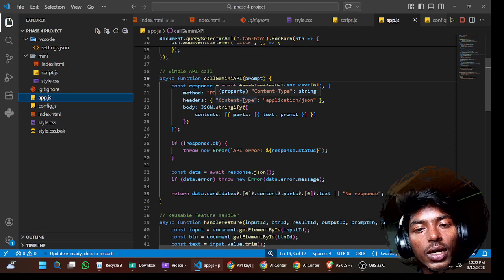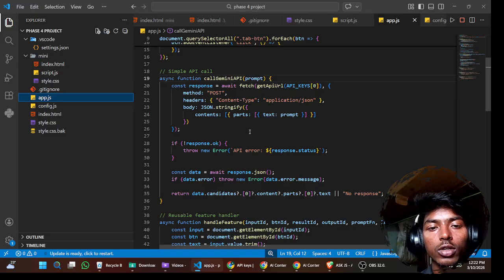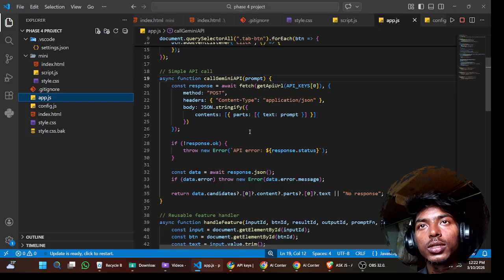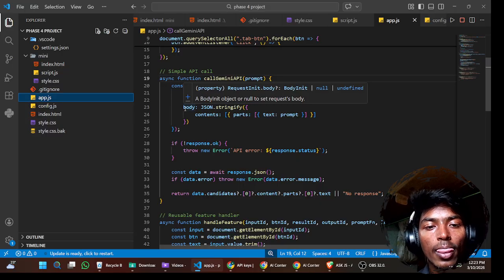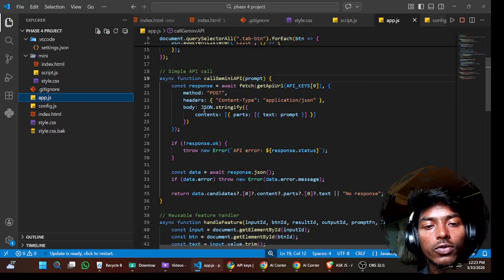We are basically telling Gemini what kind of data format we are giving. It means JSON format. We are giving it in JSON format, and in this body we use JSON.stringify. It means we convert that data into a kind of string, and after that we have